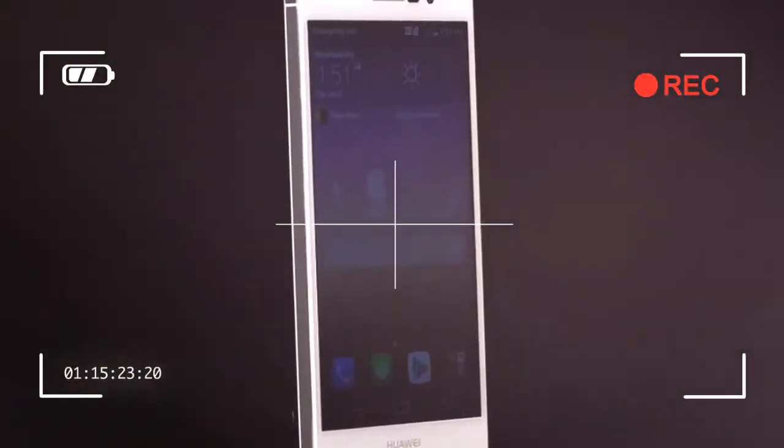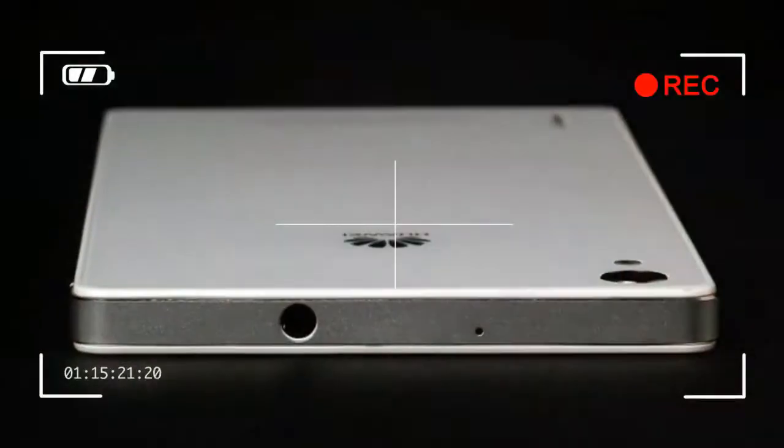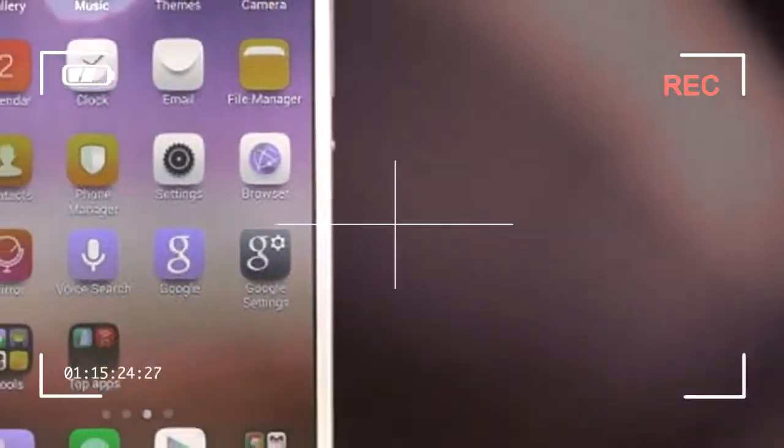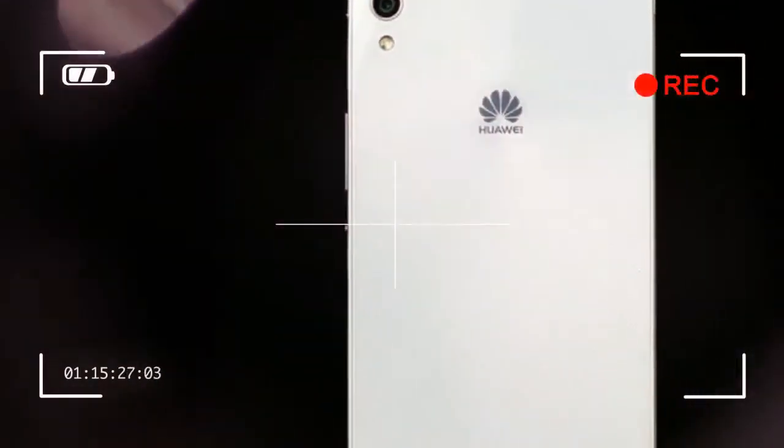At first glance, you might think the Ascend P7 was running iOS 7. Huawei has removed the app drawer, flattened the icons, and added pops of color on top of Android 4.2 KitKat. Google's OS is almost unrecognizable under Emotion UI 2.3. If it weren't for the availability